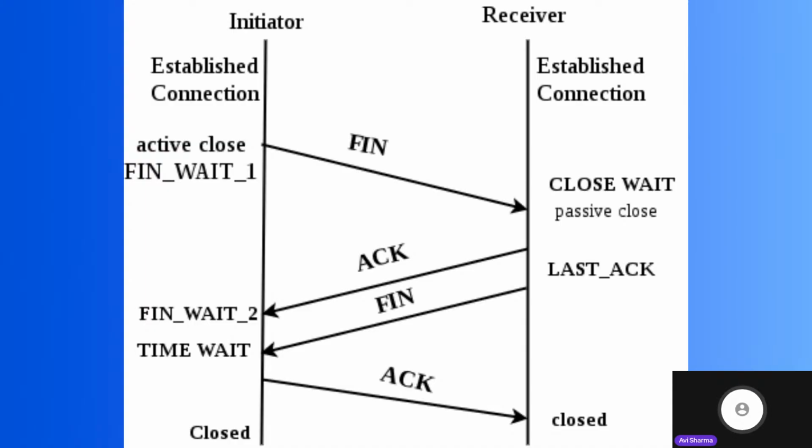So we have done the three-way handshake, we have done the four-way handshake, we have done port scanning, and we have done a few basics of networking. Anyway, so this four-way handshake is there because first an ACK request is sent, and the initiator or the client is waiting for them to send a FIN request, and then the final FIN request is sent by the receiver. So in the four-way handshake we see that the three-way handshake was a zigzag. The four-way handshake, however, is not a zigzag. It is FIN and then the server sending two different packets, and then it is acknowledged that it needs to be closed, and then the connection is closed.